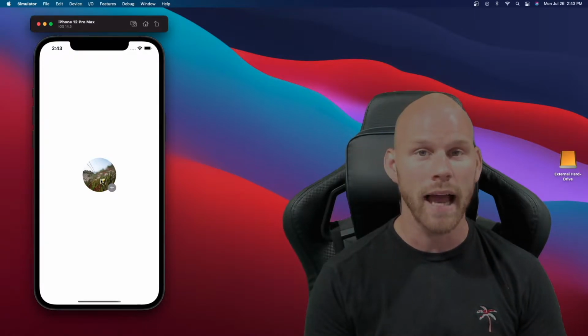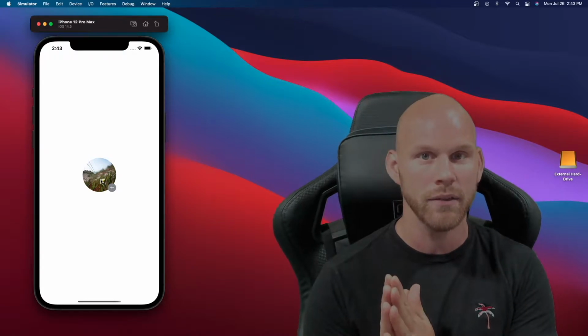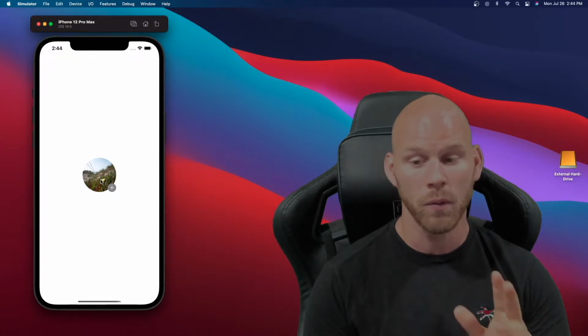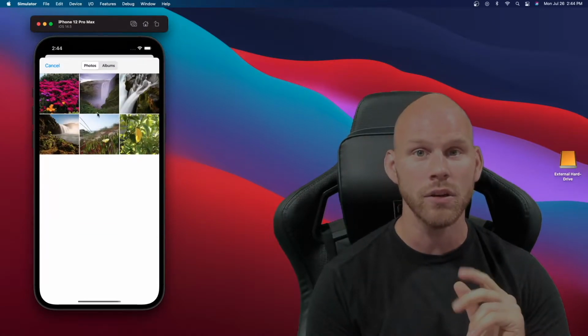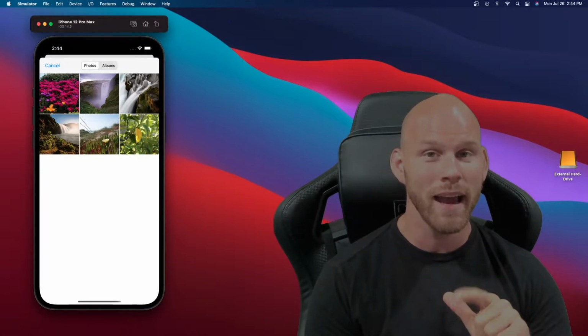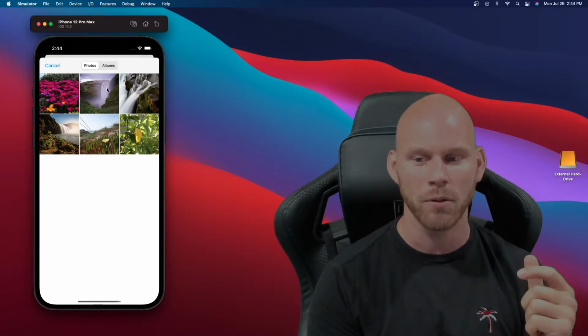The last thing I want to show you, and I don't have it set up in this one, but you will see it in the video, is how to access the camera. So then, whenever you go to click on this to replace this, you'll actually be given an option to use the camera as well. And then if you click that, then you can take an image, use that image, and that would